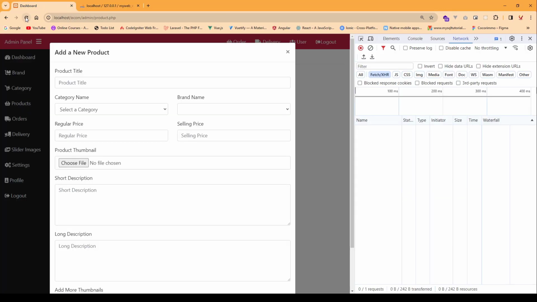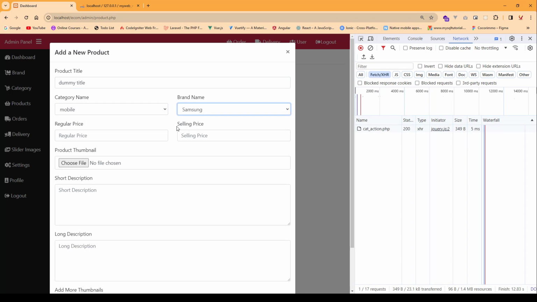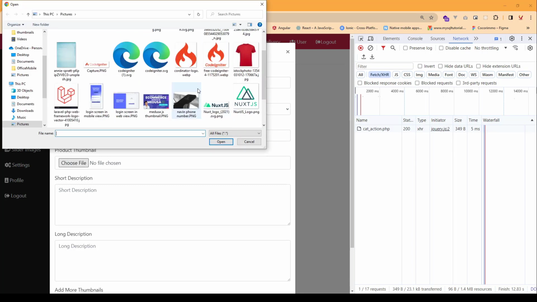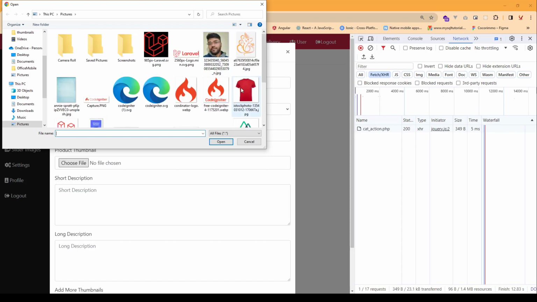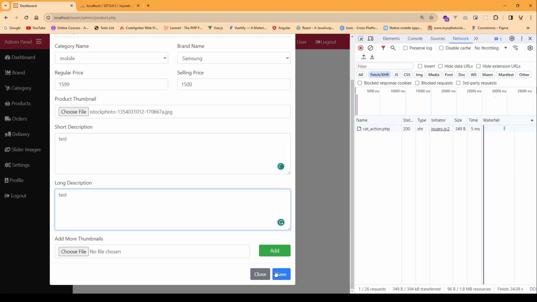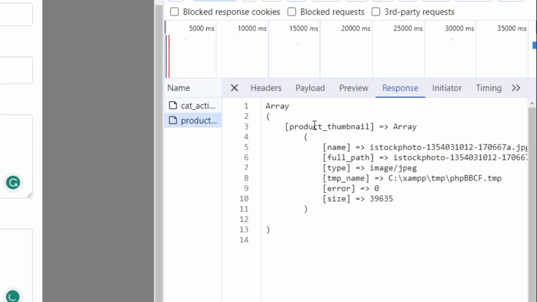And let's see, like a dummy title. I choose the category, brand, and some regular price, and I just choose another thumbnail. Okay, sorry, test, and this is again the test. When I click on save, now as you can see, we have the product thumbnail,